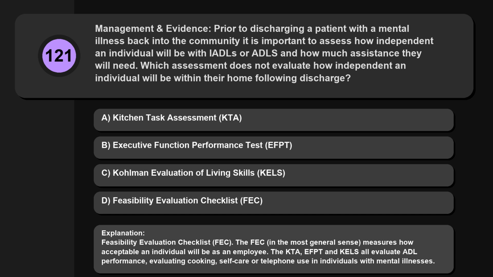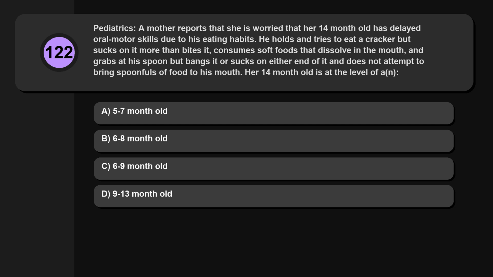Question 122. Pediatrics. A mother reports that she is worried that her 14-month-old has delayed oral motor skills due to his eating habits. He holds and tries to eat a cracker but sucks on it more than bites it, consumes soft foods that dissolve in the mouth, and grabs at his spoon but bangs it or sucks on either end of it and does not attempt to bring spoonfuls of food to his mouth. Her 14-month-old is at the level of a